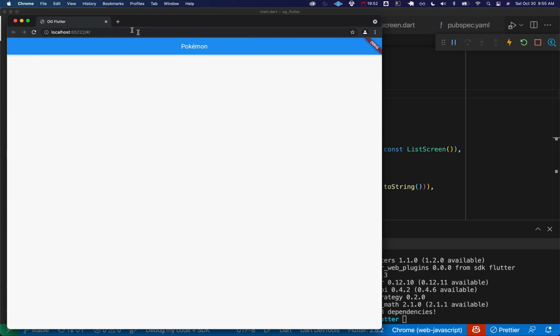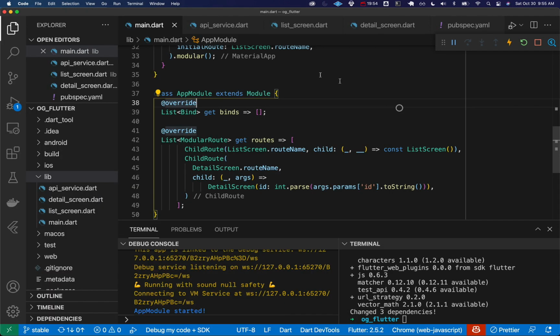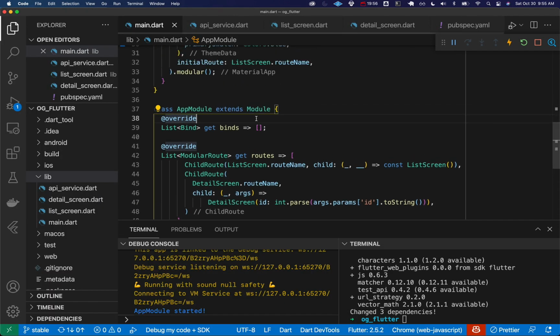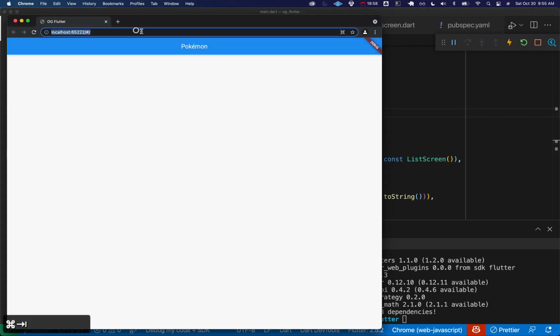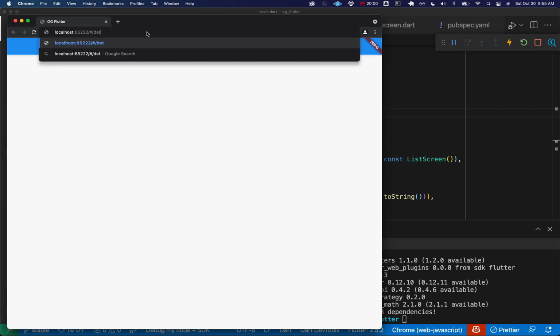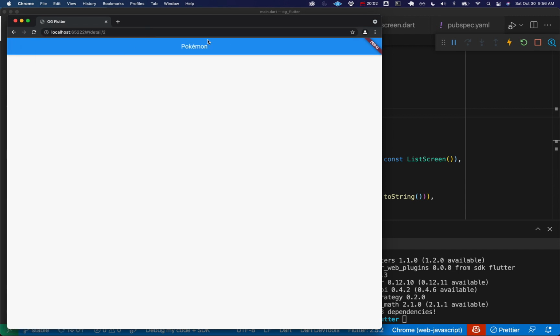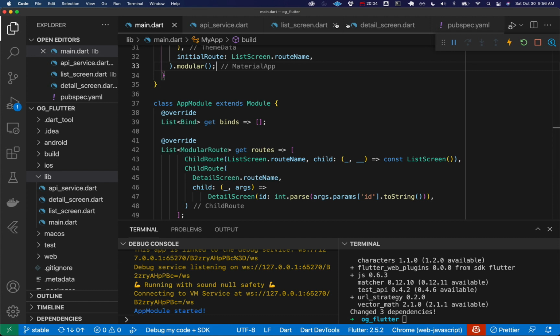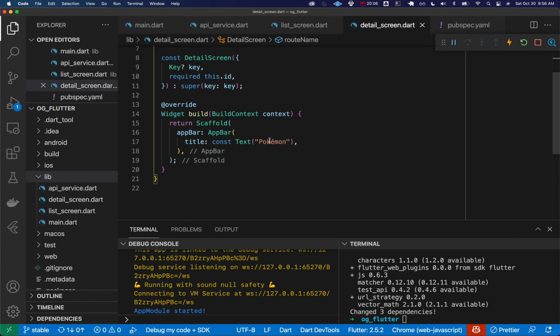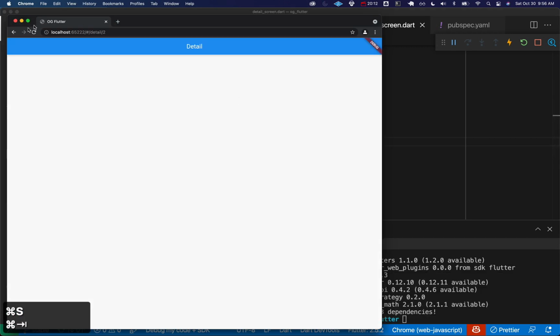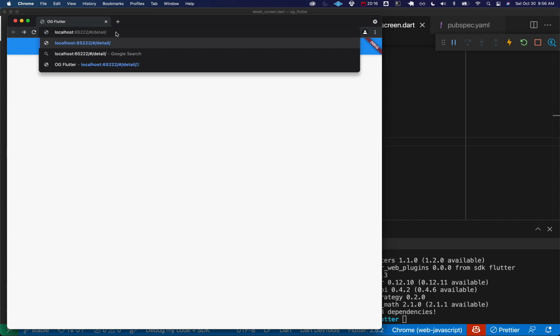Okay, so now we'll see we have Pokemon. So this is actually hitting the list screen as opposed to what we had before. And in theory, if we did /detail and then a number, we would see it's still the same, but let's just make sure. That's because we call it here. I'm just going to rename this to detail. And there you go. So if we go /detail, it doesn't matter what we put here as long as